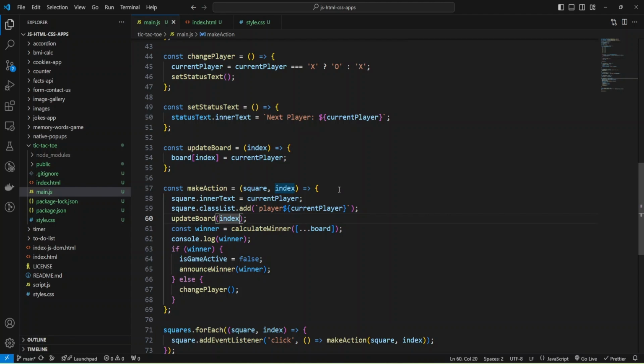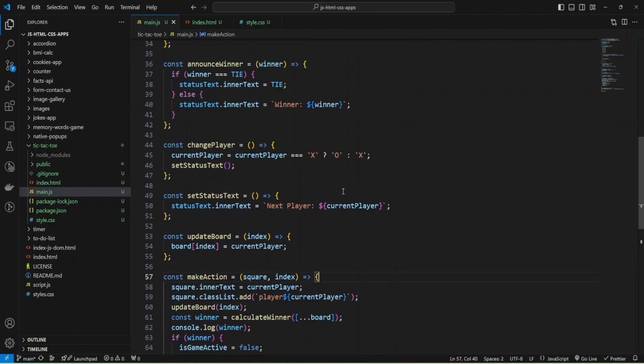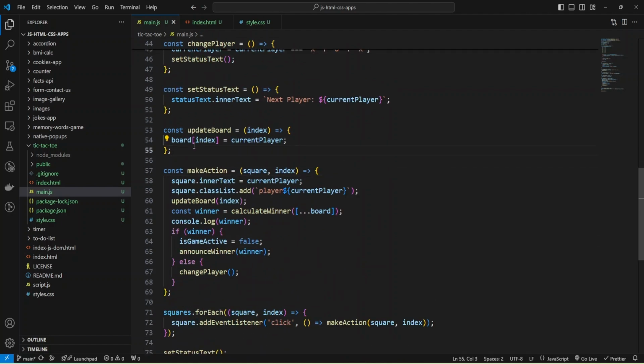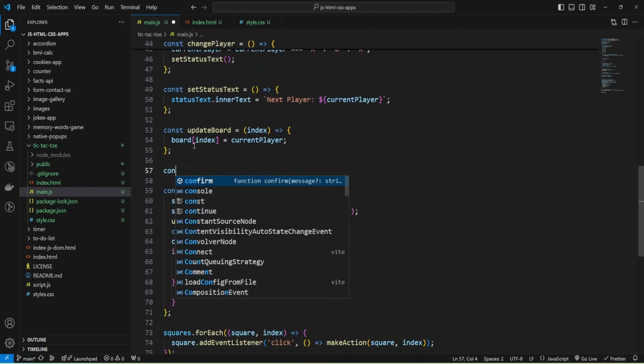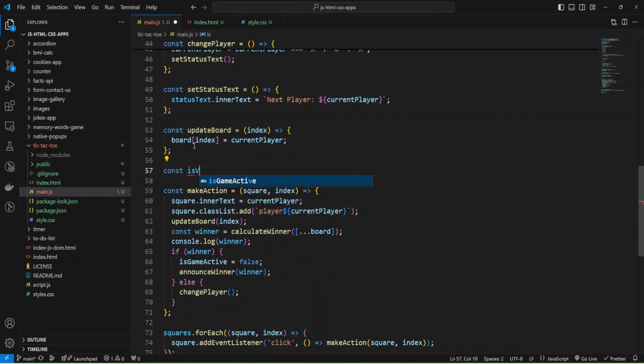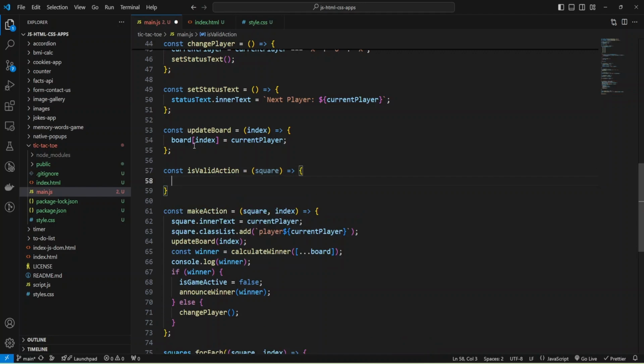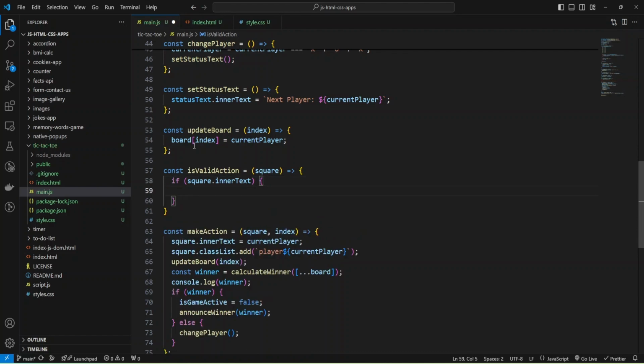And here we need to add is valid action. Some check it will be const is valid action and provide square and check if square in our text then we'll return false.